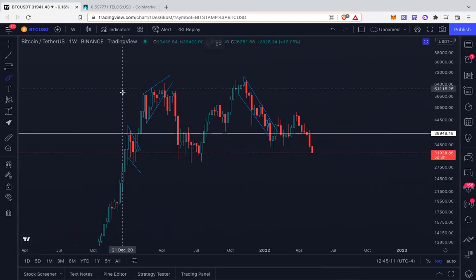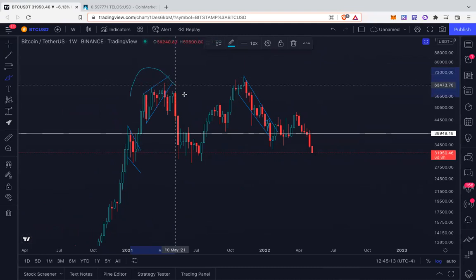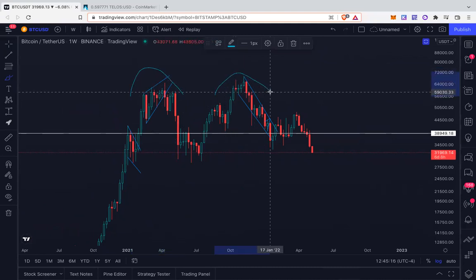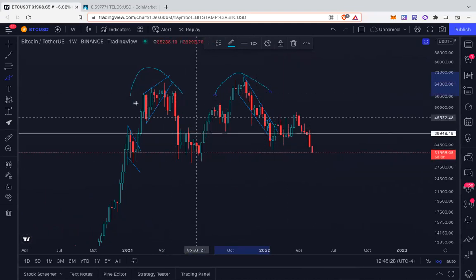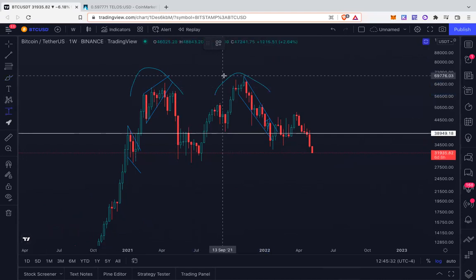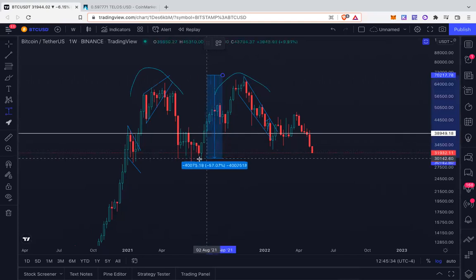Man, you really are starting to show that double top. I've been talking about this double top since November, before everybody was bearish. And the target for that is what I've been telling people is